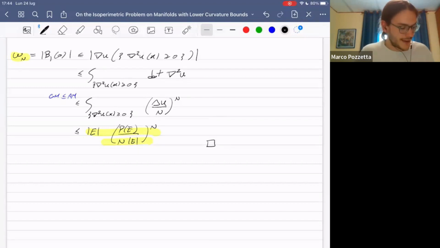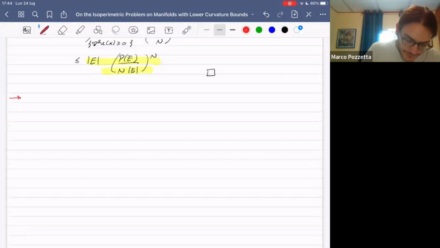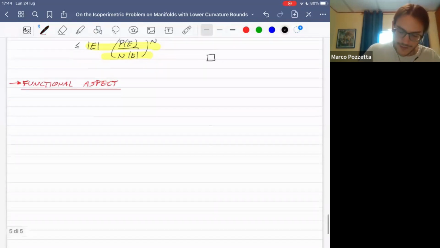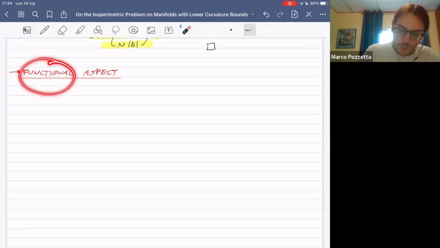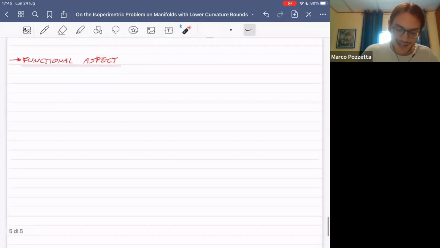But maybe to convince younger people, I want to tell you a functional aspect of this problem. It's simple and really interesting in my opinion, and it relates functional analysis with isoperimetric inequalities. In the next statement, I'm going to tell you that the isoperimetric inequality is equivalent to a typical inequality